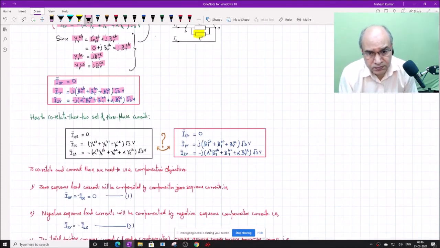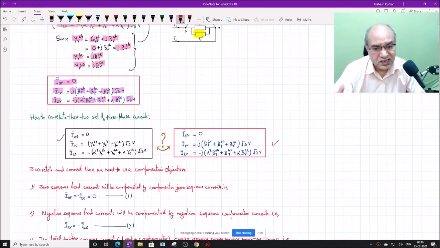So now we have these two things. We have three symmetrical components for 3-phase load currents and 3-phase compensator currents. This side is the load current, this side is the compensator current. So now we have to set conditions of the compensation so that we can correlate them. What should we do with these terms? We need to correlate them. We have to find the conditions, we have to formulate the equations to solve for B gamma AB, B gamma BC and B gamma CA.